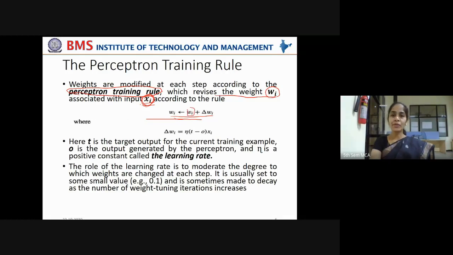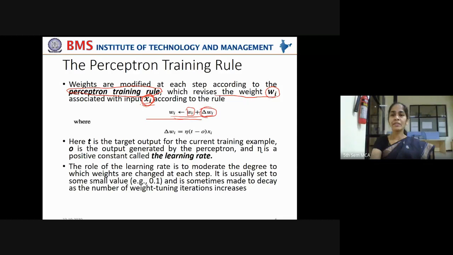This is the old weight Wi. Now, because of using this Wi, there is error in the prediction. In order to reduce the error in the prediction, you have to make an adjustment to the weight. It means you should add a little more value to the weight or remove some value from the weight.